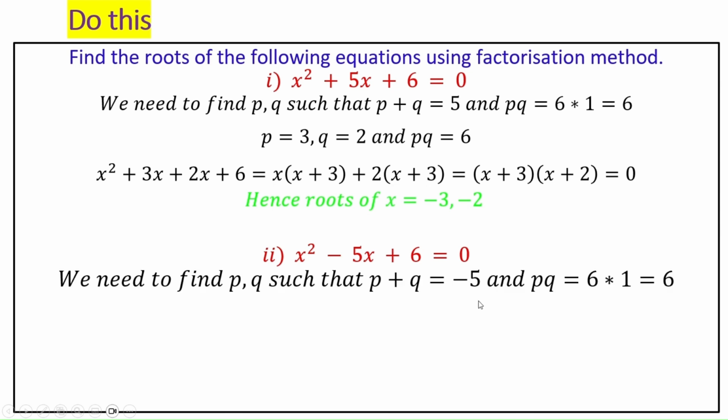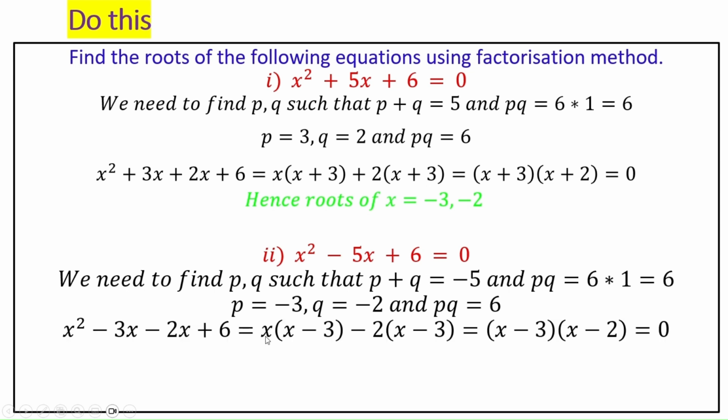Okay, so p is minus 3, q is minus 2, p into q is 6. Okay, so again you do the same way as before. What you will get is x minus 3 into x minus 2 equal to 0, which means x equal to 3 or 2. Okay, next,